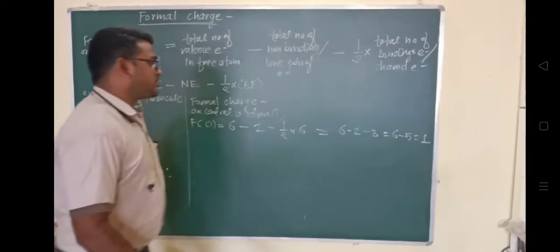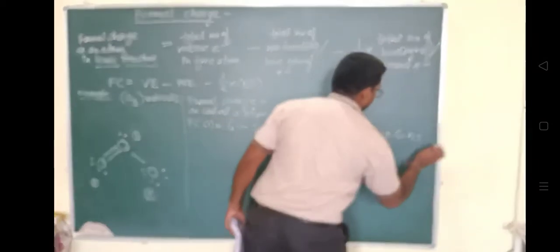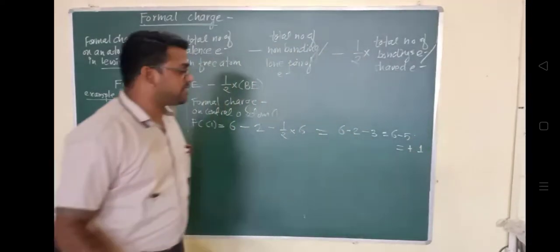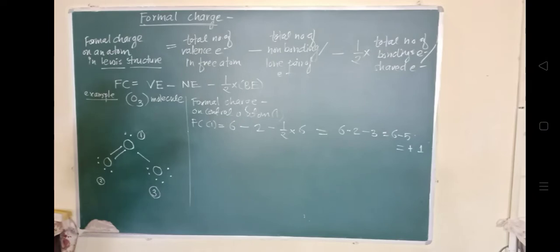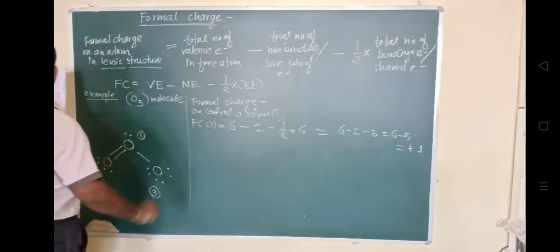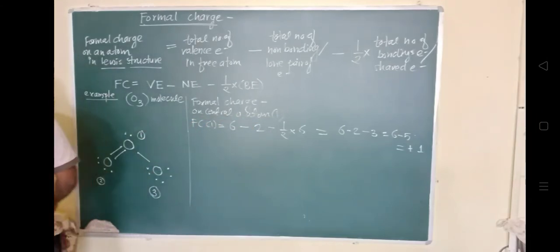Okay, that equals 1, and how can we represent it? Plus 1, right? We can write it as plus 1, because the charge is plus 1. We have to represent it as a charge, and a charge may be plus or minus, so that's why plus 1. Now the next, okay, one by one. Next,